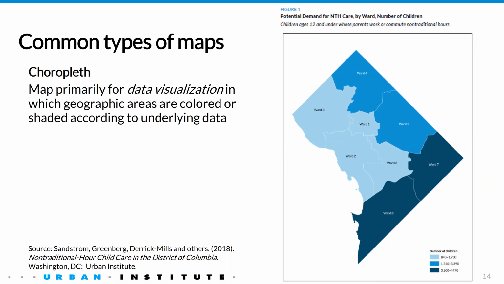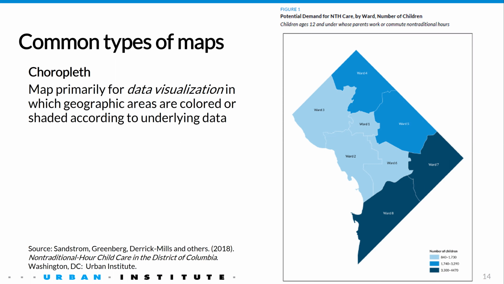This map comes from a study I worked on with Teresa Derrick-Mills and study principal investigator Heather Sandstrom, focused on non-traditional hour child care in the District of Columbia, published by the Urban Institute. This map shows potential demand for non-traditional hour child care by estimating the number of children ages 12 and under whose parents work or commute during non-traditional hours. We calculated potential demand using a 5-year file of American Community Survey microdata with adjustments made to identify the target